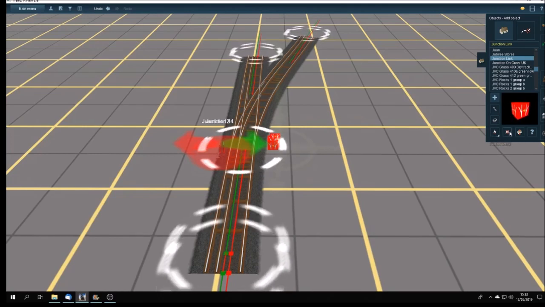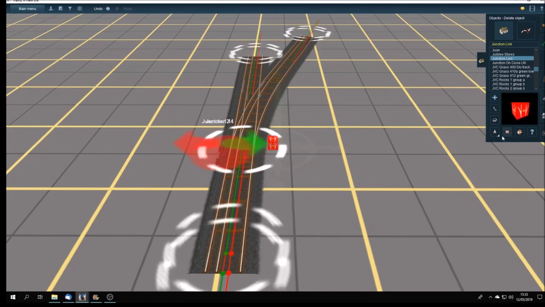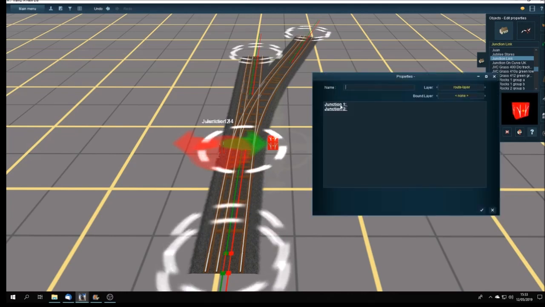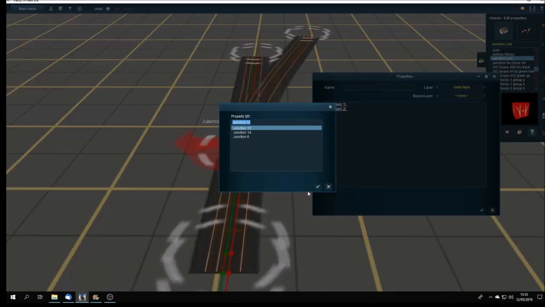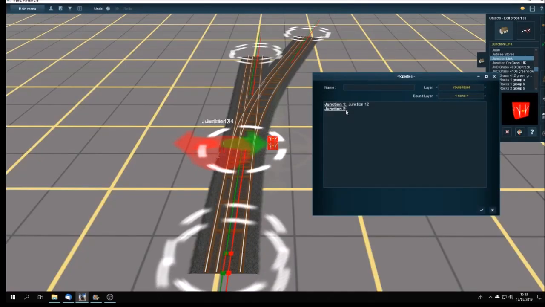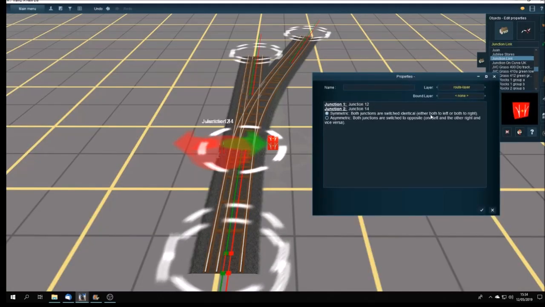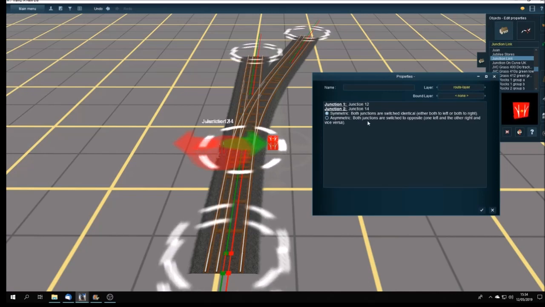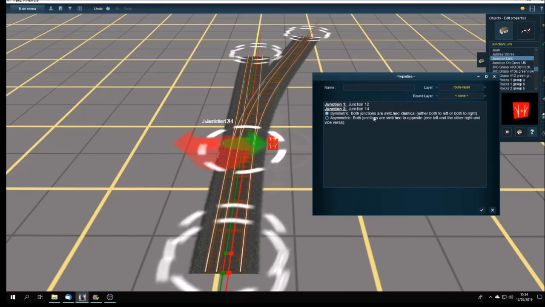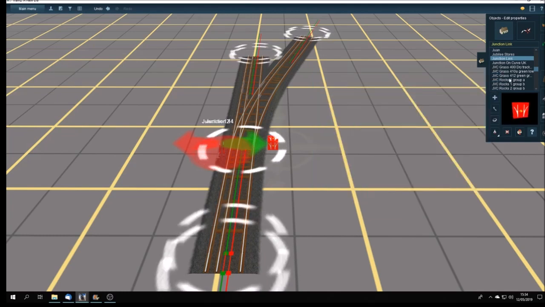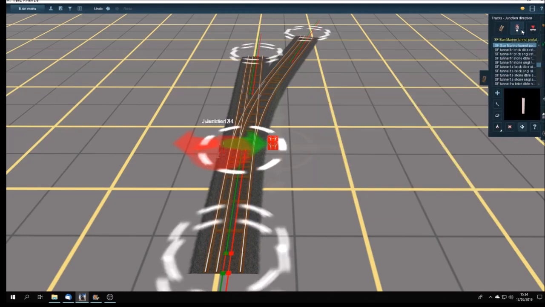Let's put the two here. I need the one. So junction 1 is going to be 12, and junction 2 is going to be 14, and then it offers you symmetric or asymmetric, in other words together or in opposite directions. So we want symmetric. And now if we fire the junction point,